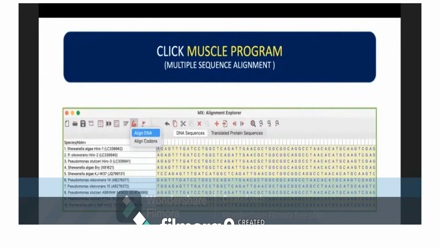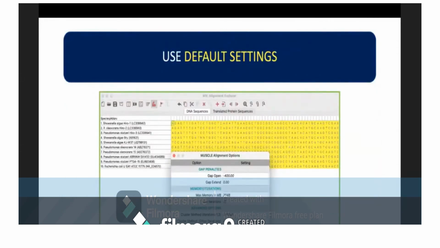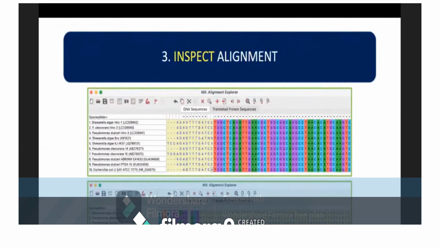So here's the align DNA. These are the parametric metrics that we are using for the alignment. Make it as default and go further. Here you can see very clearly some of the sequence in the color format and some is not. Similarly, you can find this sequence in the forward side and as well as the tail side that